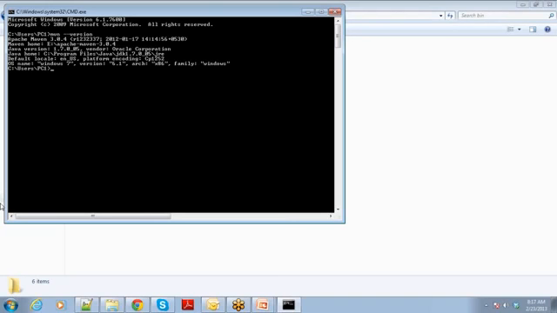So summarizing, how do you set up Maven in your system? Step 1, go to Apache Maven.org, download the Maven zip, download the binary version, then extract it to some new folder. Then you need to set two environment variables. One is M2_HOME.